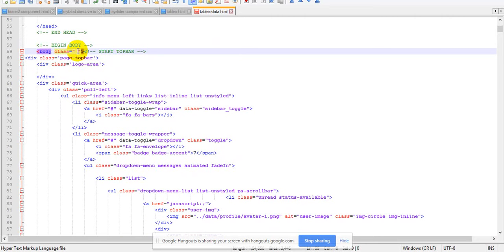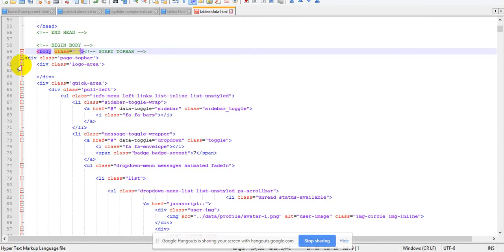We can add a class to the body also, but that will always become a complicated situation. You should try to avoid adding classes externally, because the body is not in control of Angular. The body is the external part of Angular. We can control it, but it becomes a little complicated. So we try to avoid putting any class into the body. So they will not put any class here, it is blank.